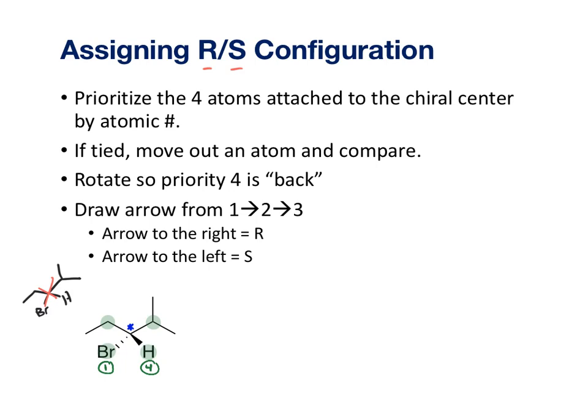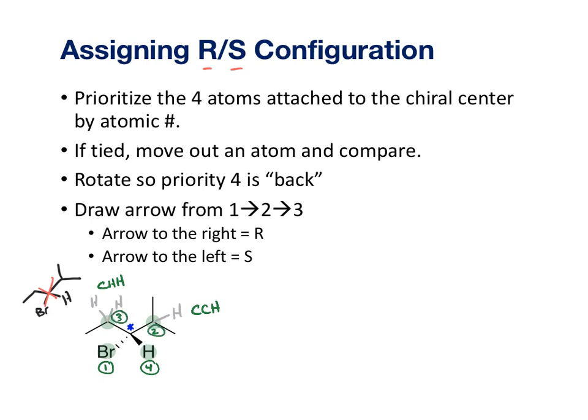So the carbon on the left has a carbon attached and 2 hydrogens attached. The carbon on the right has 2 carbons attached to it and 1 hydrogen. So 2 carbons are better than 1, so this carbon on the right gets priority. So that is number 2